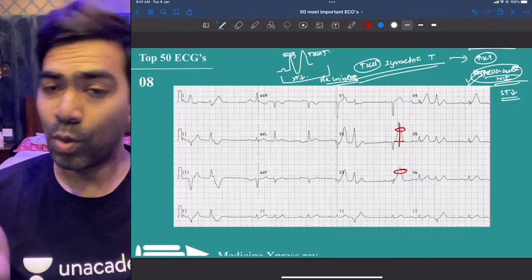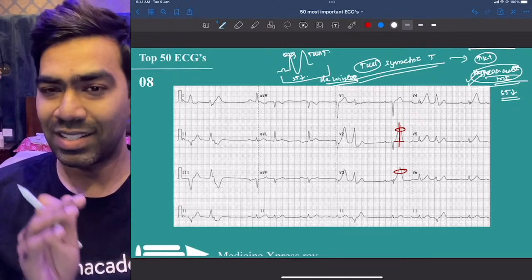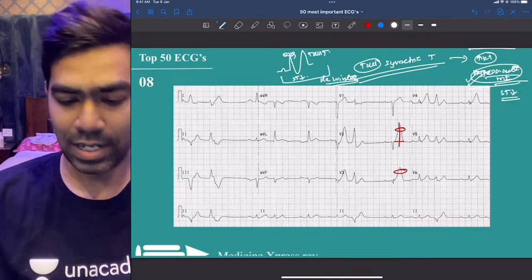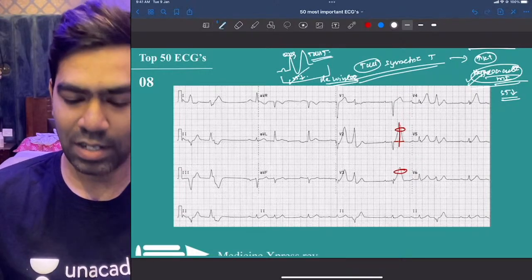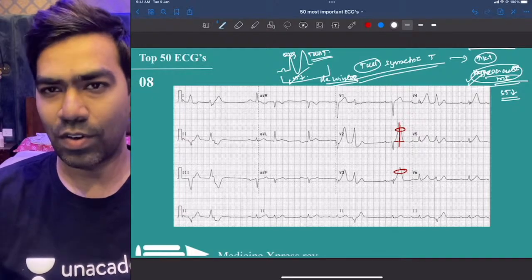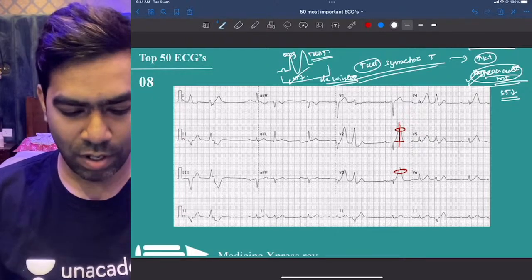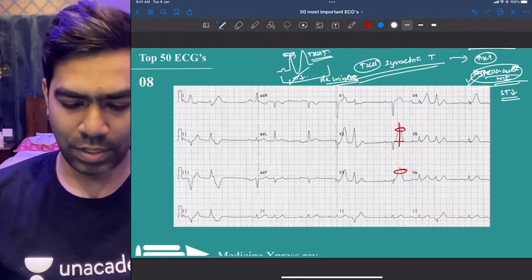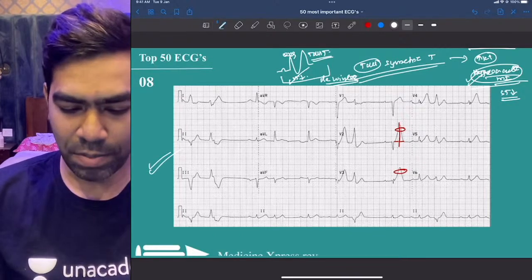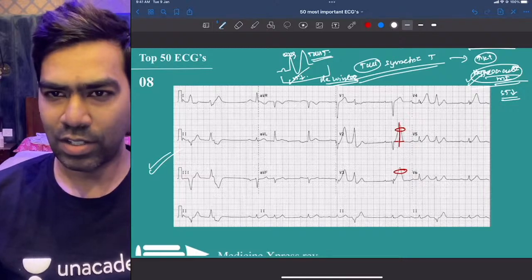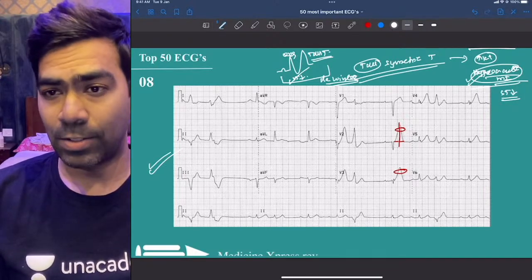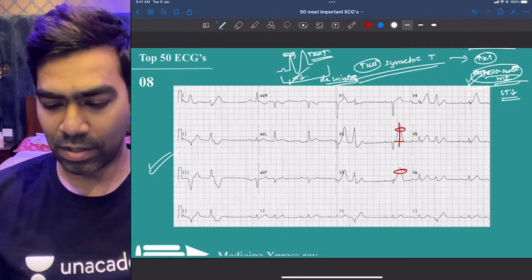Remember, hypokalemia can produce ST segment depressions, but it's very rare to see an ST depression with hyperkalemia. So this combination of ST depression with a tall T wave, which is what we call the De Winter sign, is very specific for hyperacute myocardial infarction. So this is an EKG that is suggestive of a hyperacute myocardial infarction, even though I cannot see much De Winter change here. Nevertheless, this is an EKG of a patient who's coming with